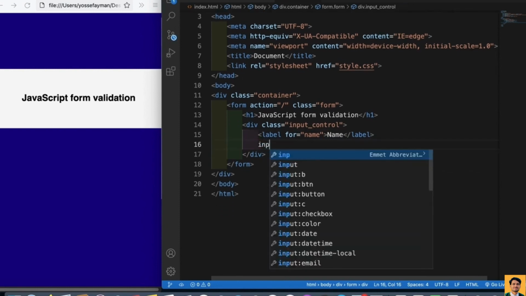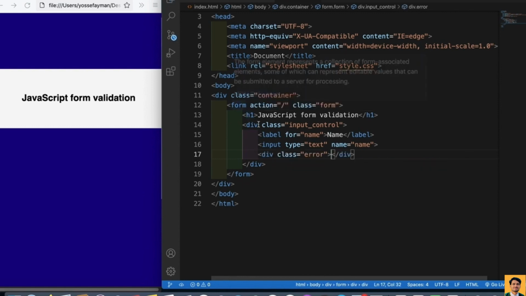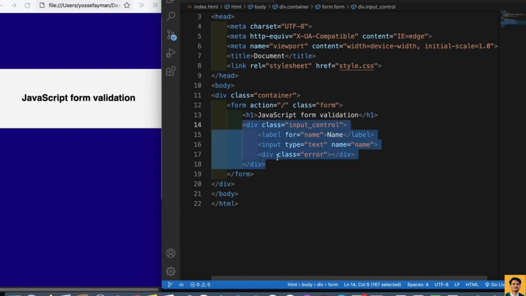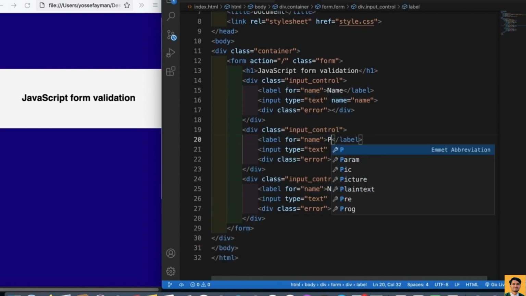And input, we will give it a type of text, name of name, and then we don't need an ID, I think so. And then after this part, let's add here a div with class of error, and this will appear in case we have an error. And then we can copy this one and make another one for the email, and the last one for the password. Here we can make it for the email,